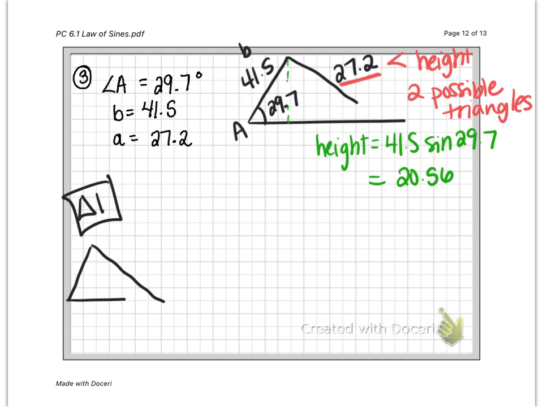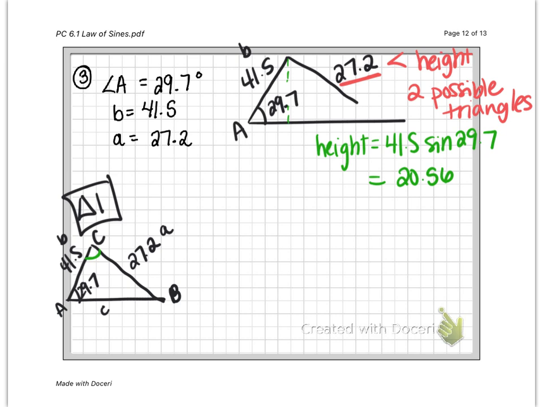So it's going to have our obtuse angle. This is still 29.7. This is 41.5. And this is 27.2. So we close off. This is A. This is little a. They told us this was B, meaning this is big angle B. And this is side C, angle C. So we can solve now for all of the sides and all of the angles in this triangle using the fact that we know that this is going to be the obtuse angle up here. All right, so